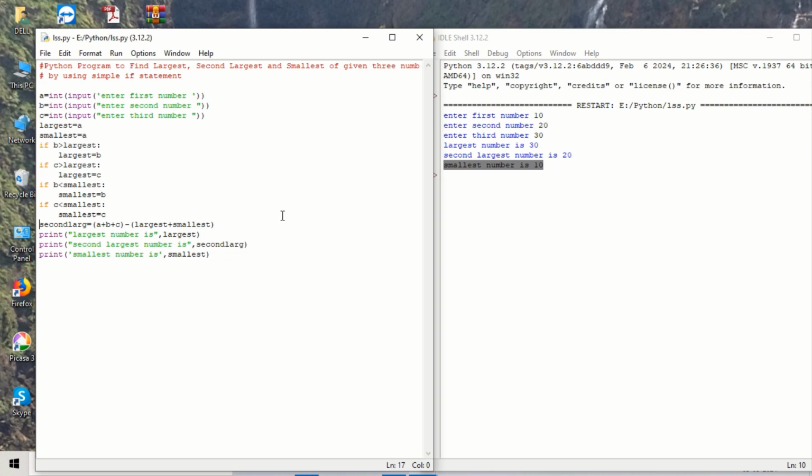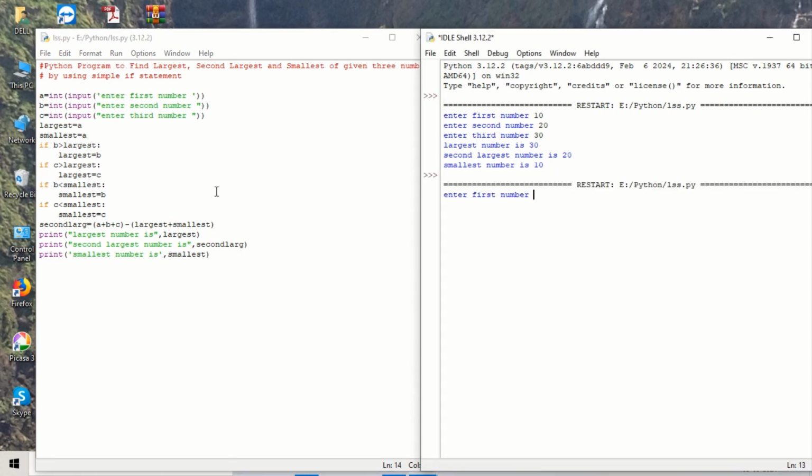To get another output, you can just come to the script mode. Right, this is the script mode. So again press F5, which is a shortcut key. Now give different values. For example, I will give the first value as 5, then enter. Second value as 2, enter. And the third value as